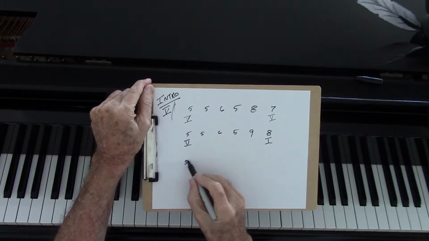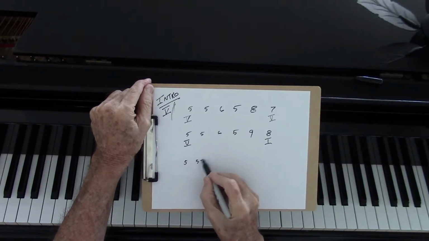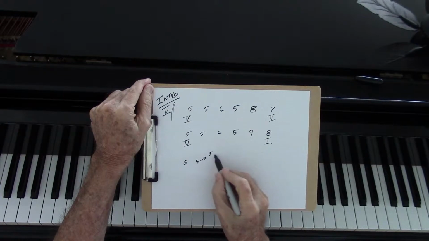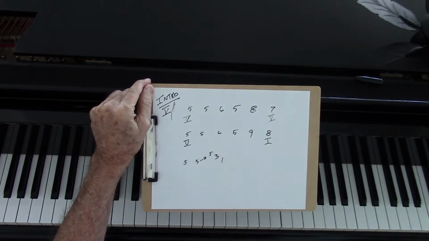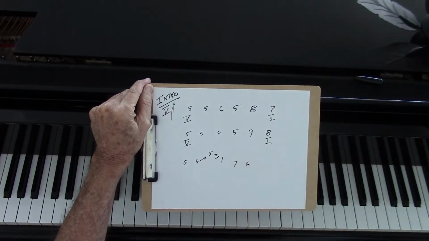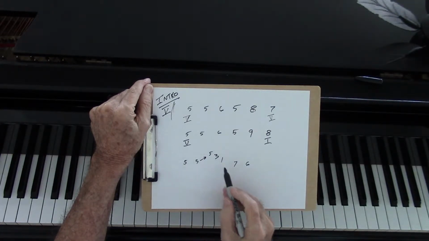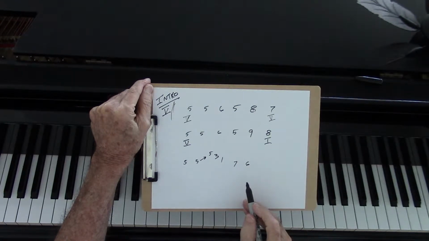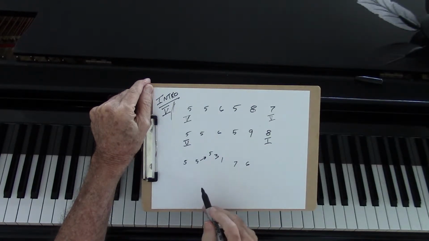5, 5 again, but then you go way up an octave to 5, 3, 1. There's your major triad. 5, 3, 1, 7, 6. Okay, that's the next phrase there. Happy birthday, dear Johnny, or whoever it is. Okay. Now,